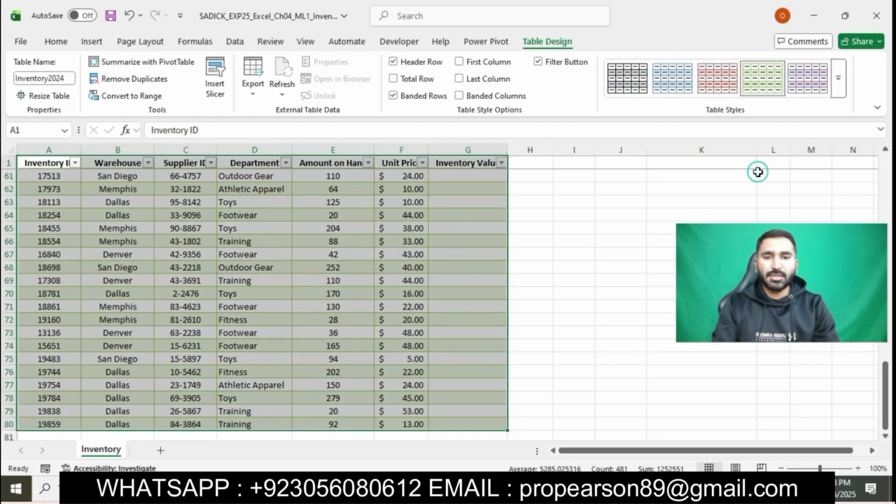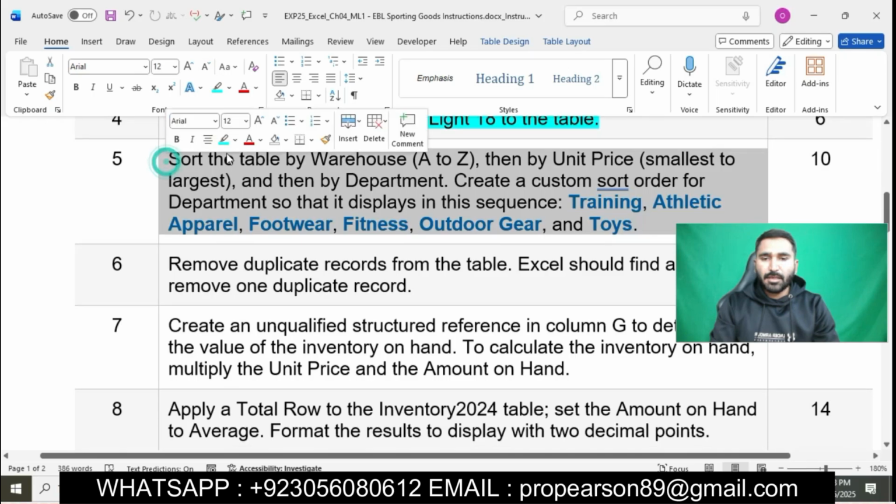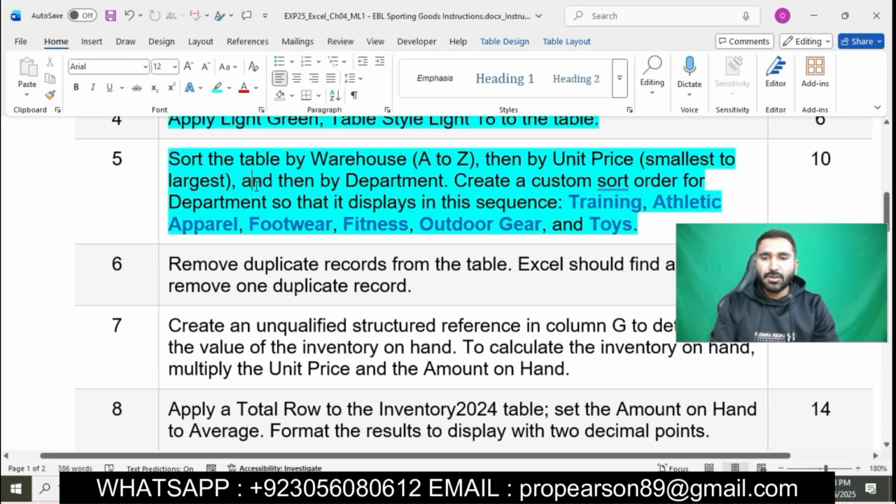Okay, this question is done now. Now we will move on to the next question of this assignment. The next question is question number 5. Question number 5 is: sort the table by warehouses A to Z, then by unit price smallest to largest, and then by department. Create a custom sort order for department so that it displays in the sequence training,